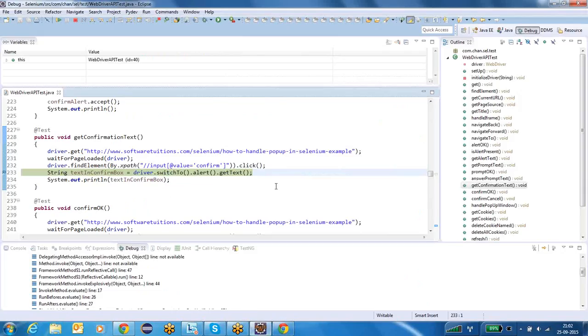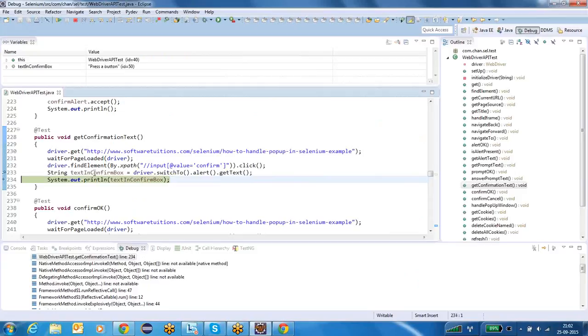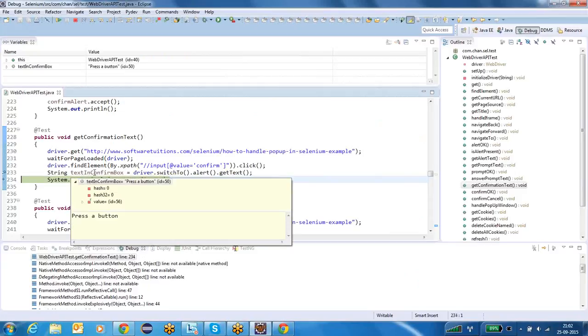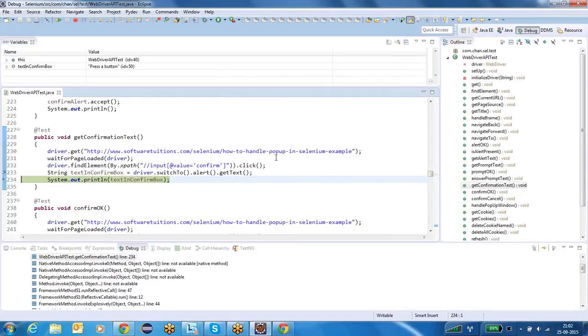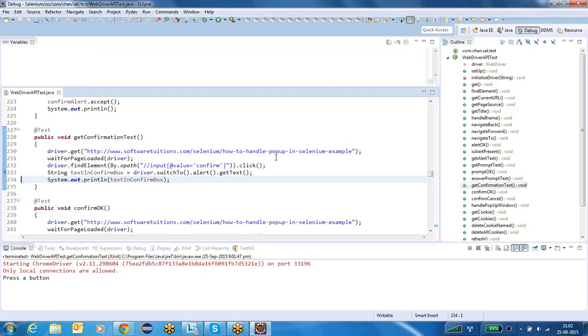So if I call alert.getText, I'm getting the same: Press a button. It's so simple. For all alert, prompt and confirmation boxes, to get the text out of it, the command is getText only. You will call switch to alert to switch the context from the tab to the alert. After that, on top of the alert object, if you call getText, you can get the text out of it.